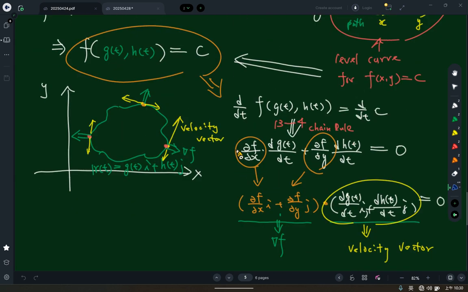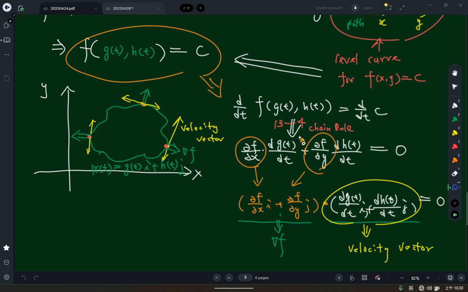Okay? So if we differentiate this equation at both sides with respect to t, for the right hand side, because this is constant, when we differentiate it, we get 0 here. Then we differentiate the left hand side,